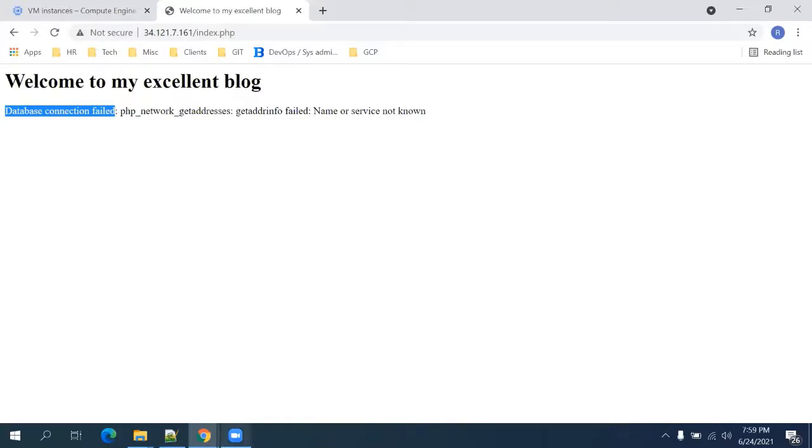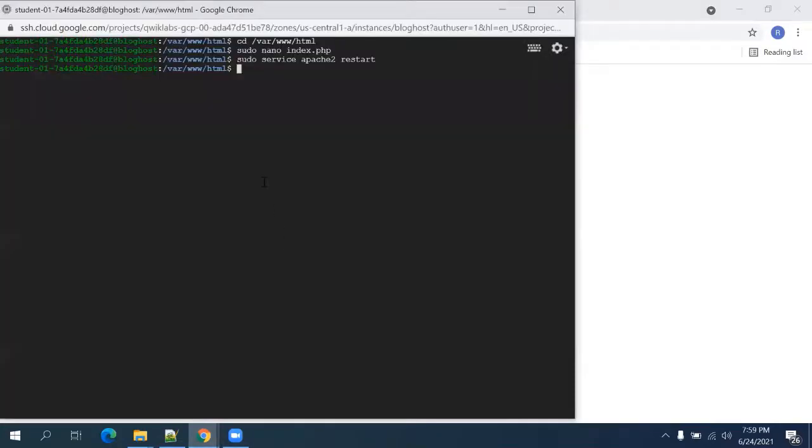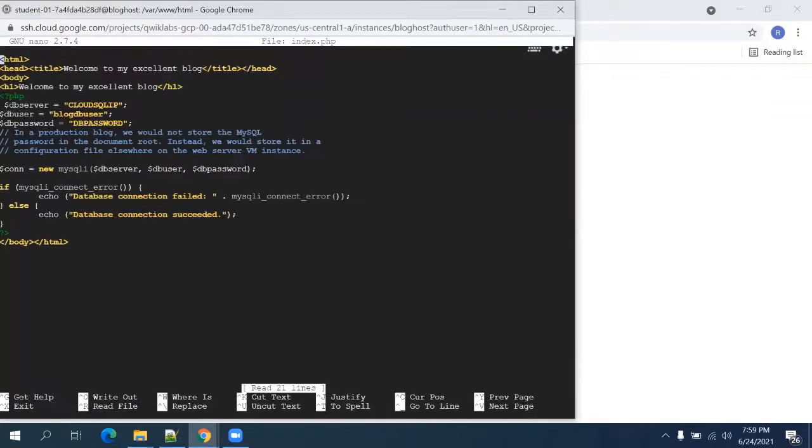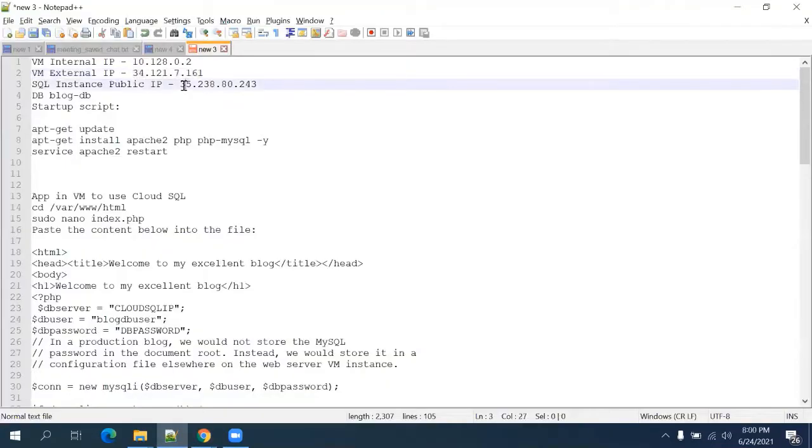So for this, we will go back to our SSH. We will again open this file, and in the DB server, we will give the public IP address of our Cloud SQL instance. We have copied this SQL instance public IP address.